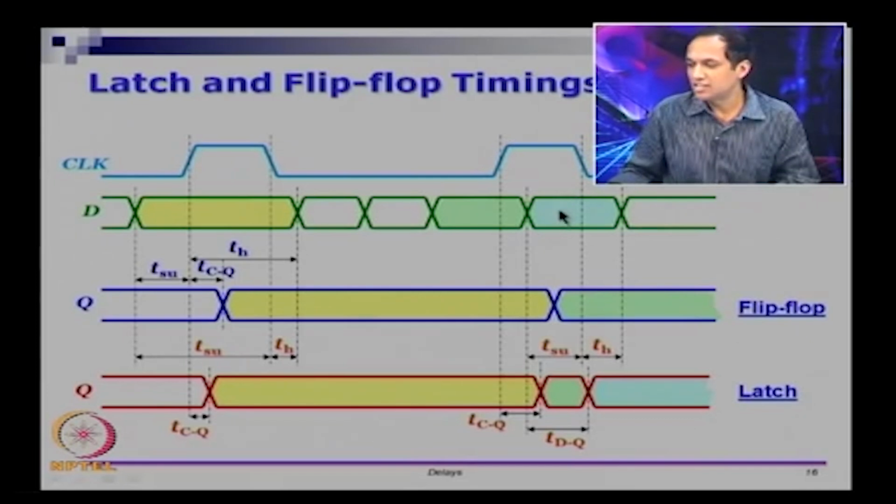When the data input changes, then you can go and measure the time difference between when the change in the data input was observed till when the corresponding output changes. So, in this case what happens is you see part of the blue and part of the green in the output waveform here. So, the difference between clock to Q is the data was kept constant, the clock changed, that is C to Q delay,